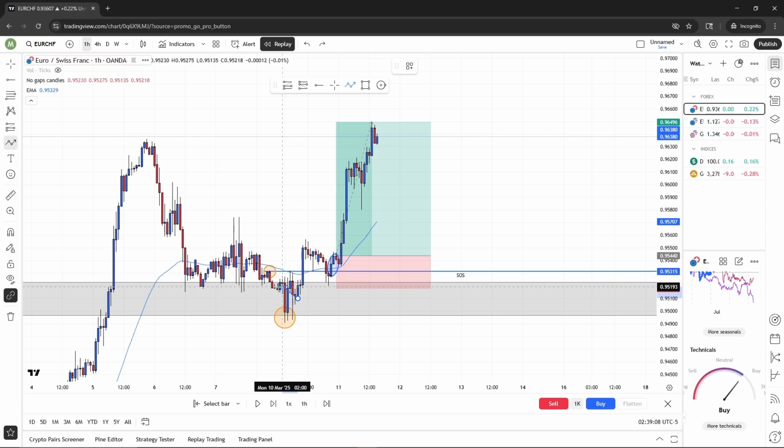So the shift of structure, the first part of it, breaking this resistance, is just you crossing the strings over. That's it. Once you start pulling back towards this resistance to turn it into support, the pullback are the two loops that you make. That's it. So this crossing of the shift of structure is just the left and the right being crossed. The pullback are the two loops, and then these two bullish candles is the actual knot,